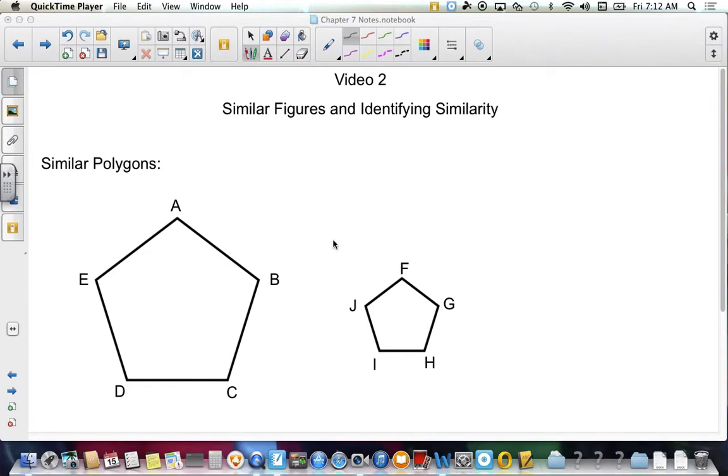Okay, this is video 2 from chapter 7. It's going to be about similar figures and identifying similarity. So we want to start out by discussing the difference between similar polygons and congruent polygons. We talked about congruent polygons back in earlier chapters, and congruent meant they had the same size, same shape. Similar polygons are polygons that have